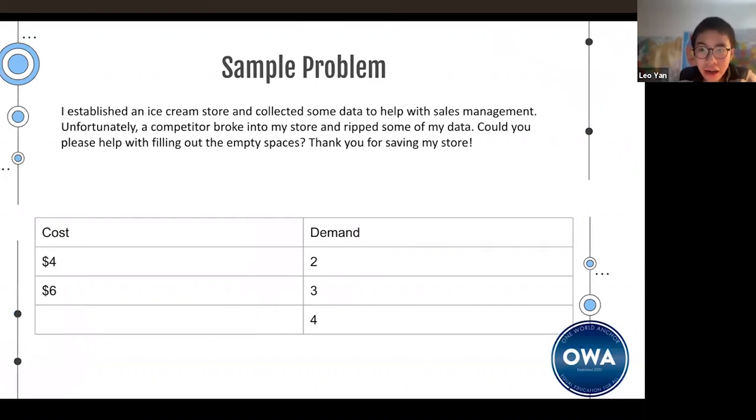I established an ice cream store and collected some data to help with sales management. Unfortunately, a competitor broke into my store and ripped some of my data. Could you please help with filling out the empty spaces? Thank you for saving my store. The answer here should be